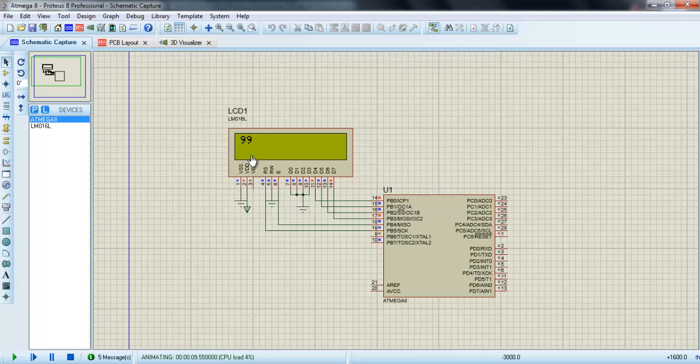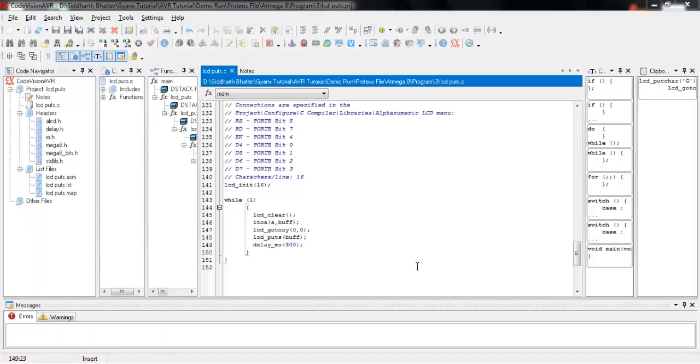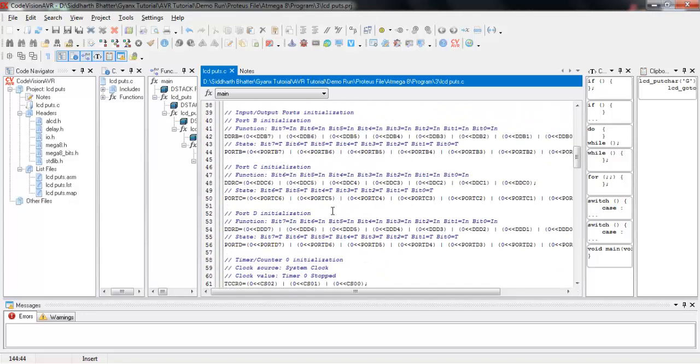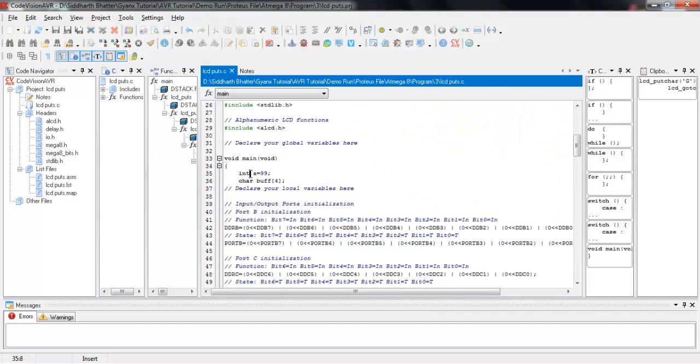Next we are going to learn how to write a floating point, how to write a decimal value on an LCD. For writing the floating value on the display, we have one more function, which is FTOA, meaning floating to alphanumeric. For writing the floating value, first of all, in place of the integer, just assign this as float. Then write a buffer with some high value, because it's a floating value, so we have to make the buffer larger.